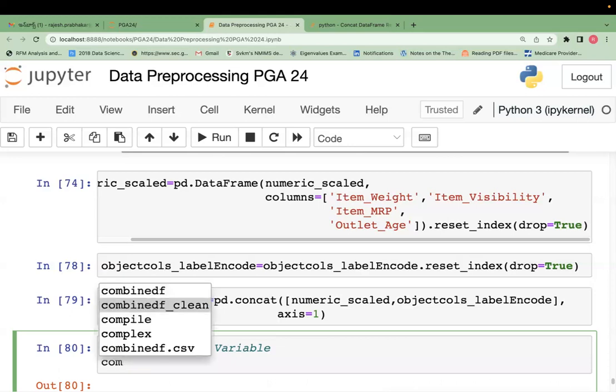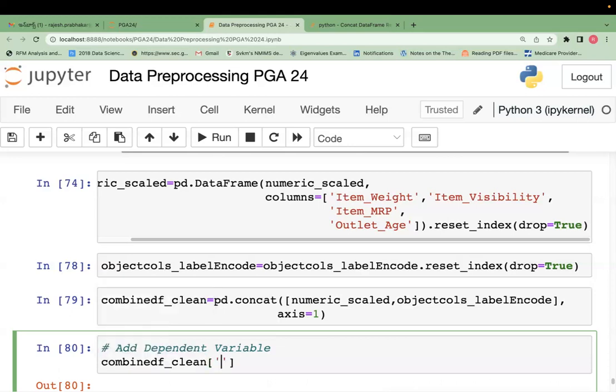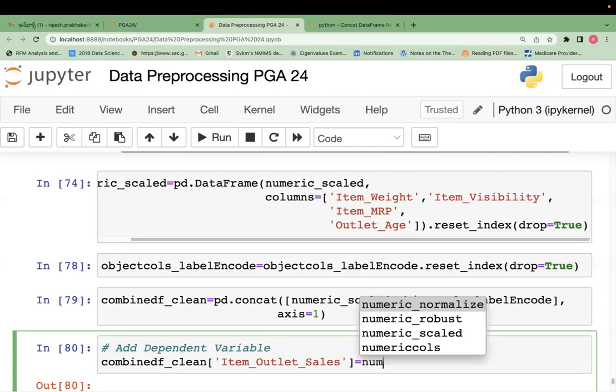So combine_df_clean, square bracket, single quote, Item_Outlet_Sales. The process of creating a new column in Python is the data frame name, square bracket, the new column name. By default, it will create it at the end. Later, you can change the position. You can alter the position of the columns later, but by default, initially it will put it at the end. So numeric_cols